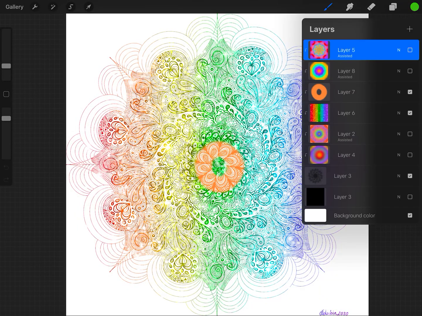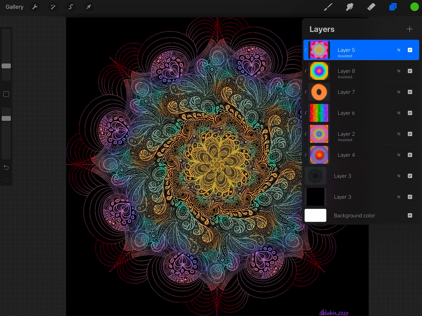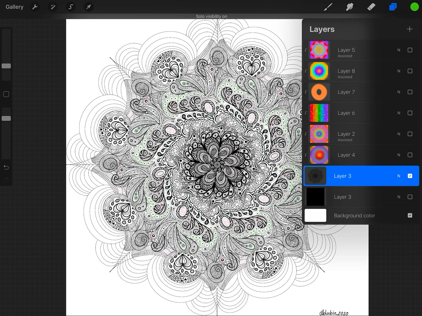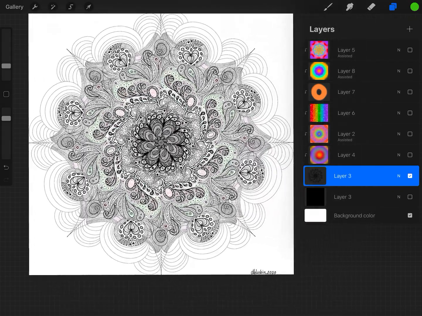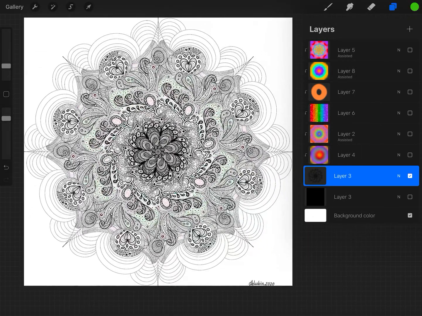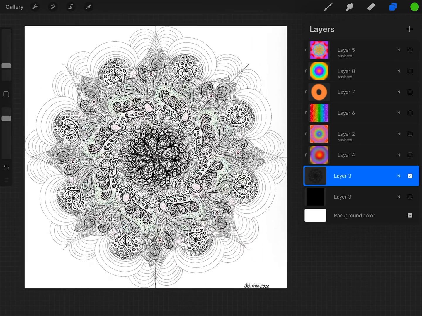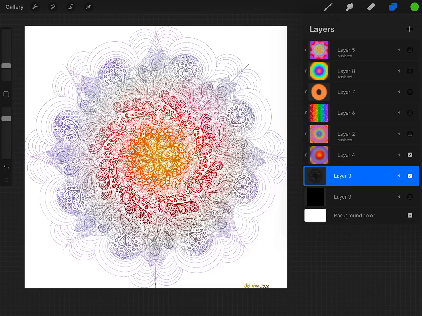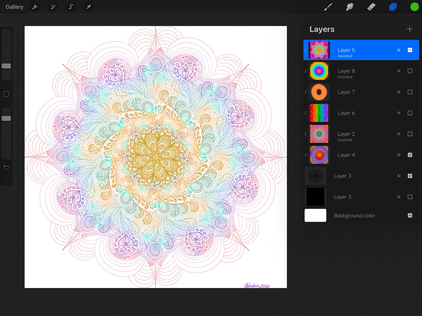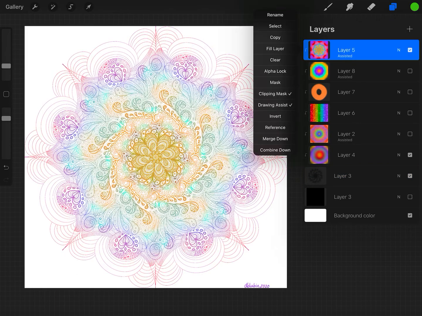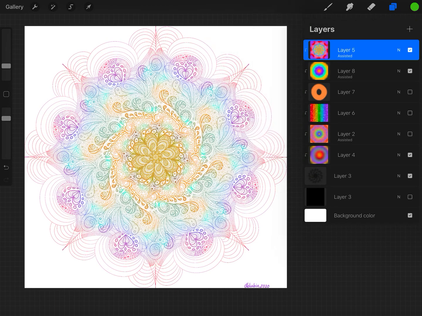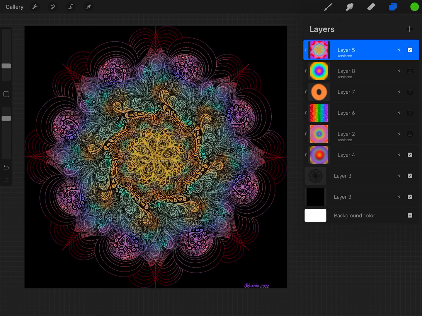So here, this is one that I drew. You can see I drew it very differently in black and white, and I'm going to show you how I did the drawing. But what I like to do is, you see you can change the color by using what's called a clipping mask. So if you have the clipping mask there, it's going to use that for the lines. And then if I put the black background back, you can see that I could get different colors